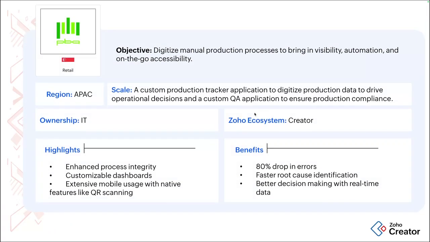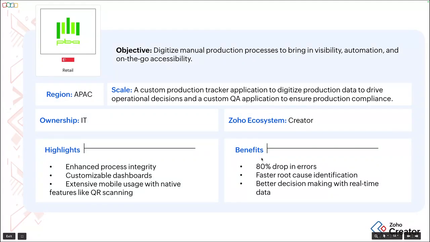We'll also look at some examples of what they use within Creator to run their business process, which can help you understand and pick up any insights to implement similar solutions within your organization. Now, if you look at PBA Systems, they are based out of Singapore. They've built an end-to-end custom production tracker application to digitize their production data to drive operational decisions. And from this, they have benefited from an 80% drop in errors, faster root cause identification, and better decision making with real